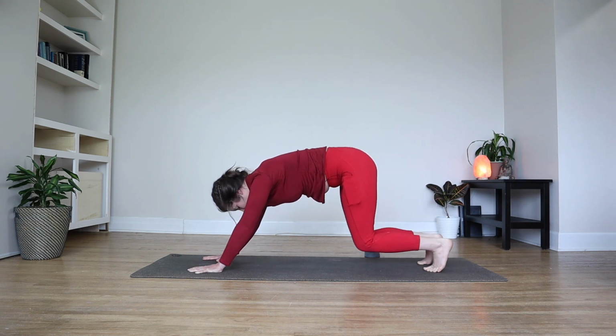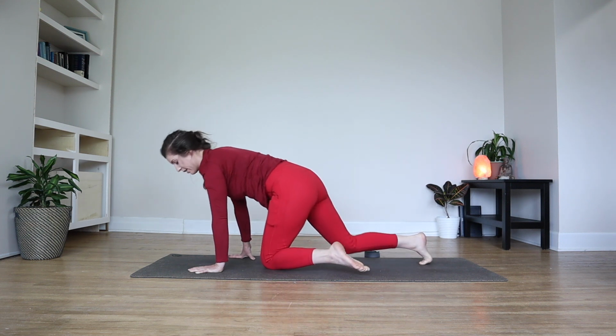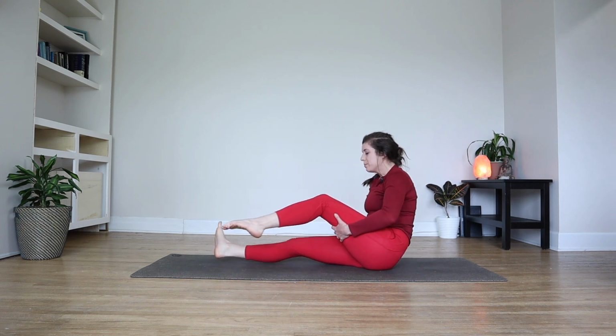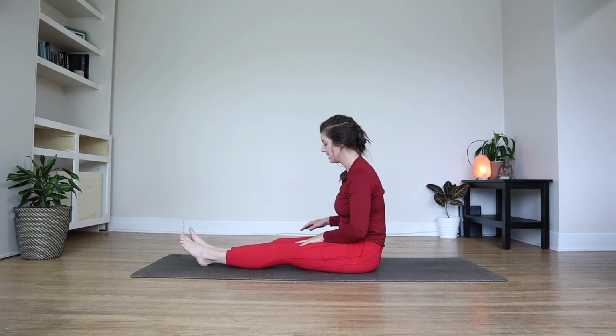Exhale, both knees can come back down onto the mat, and we'll come to sit with our legs out long in front of us. So if you're a beginner, or even if not, you might sit up on a cushion here. We're going to stay sitting on the mat for the next few minutes, and we're going to come into